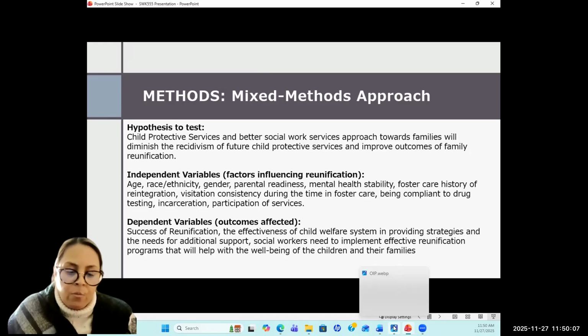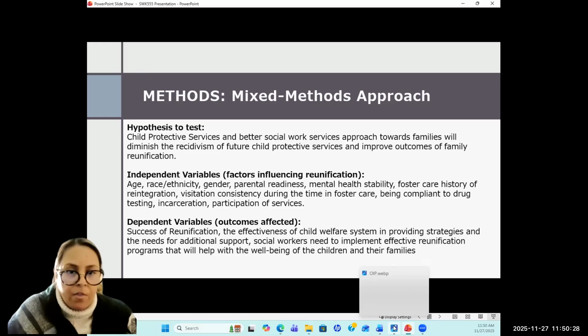With the mixed method research, it will allow us researchers to find quantitative methods through surveys and observations of trends and relationships, but we can also corroborate with the qualitative data of interviews that explore the children and parents' experience through a longitudinal study. With this method, we will be able to find the needs that the families have, and as researchers, be able to assist caseworkers with the knowledge they need to transmit to the families that are reunifying as to where to continue their services based on the experiences of the participants.